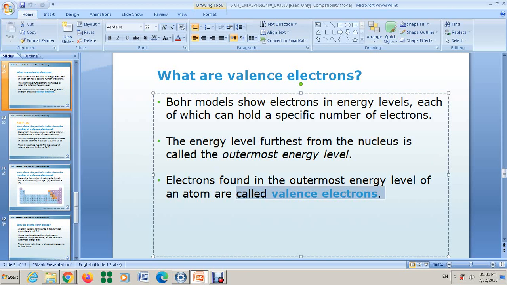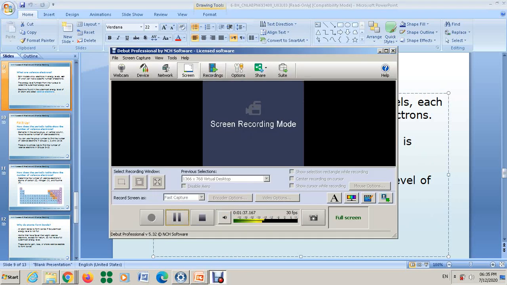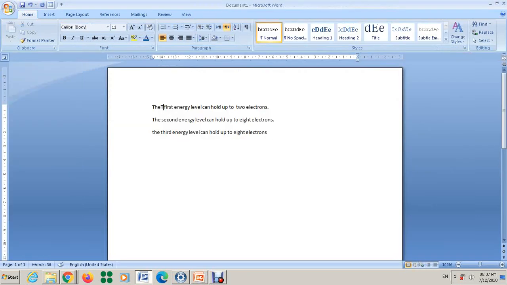So let's take the general rules for the Bohr model. The first rule: the first energy level can hold up to 2 electrons,